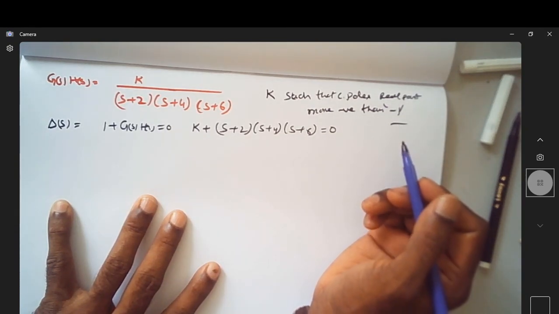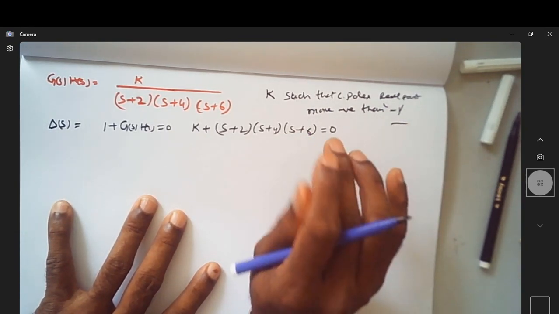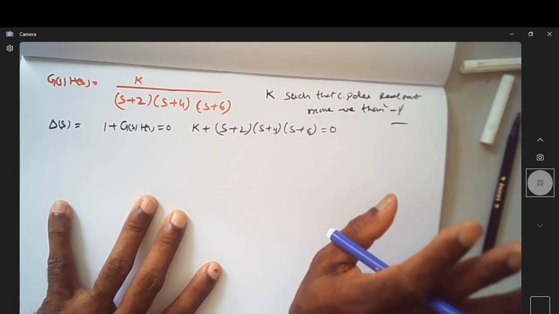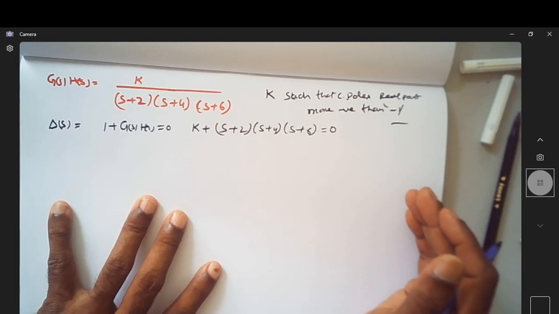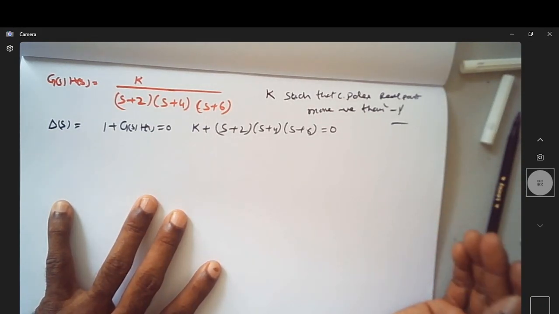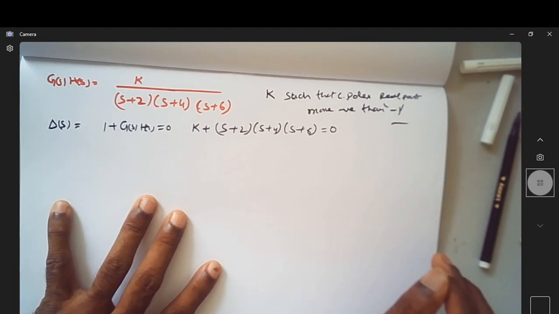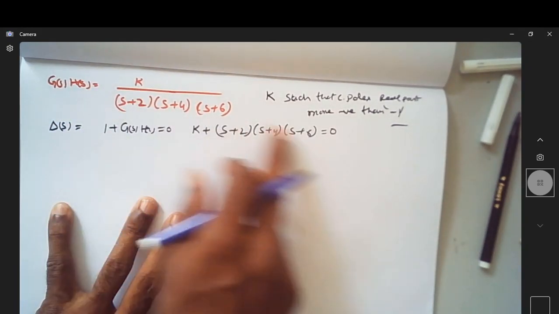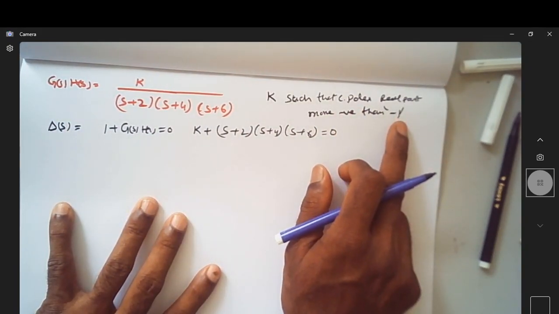negative than -1, meaning we don't want the poles to go anywhere close to the imaginary axis, because we know that as the poles go to the imaginary axis, the system overshoot will increase, and the system will take a lot of time to settle down, all those things. So that's why we want to find the value of k such that closed loop poles are more negative than